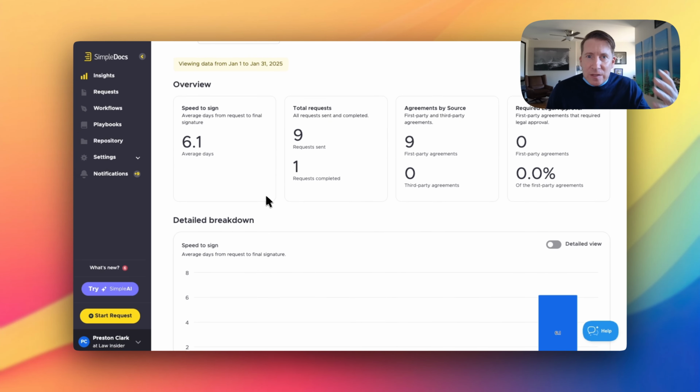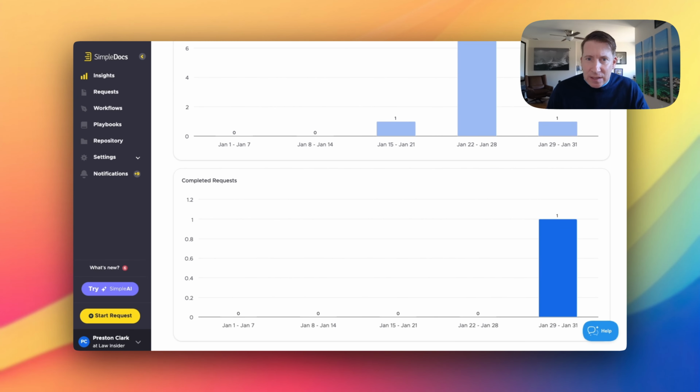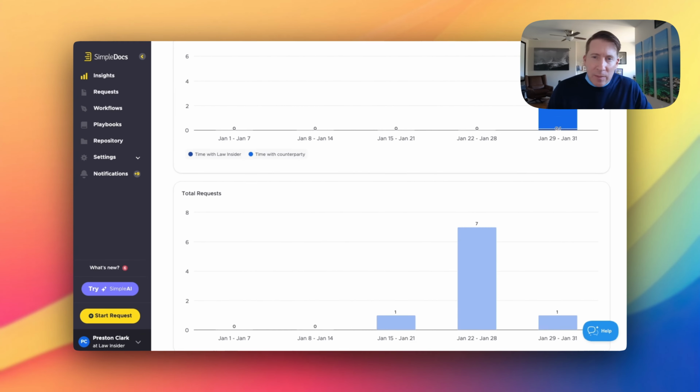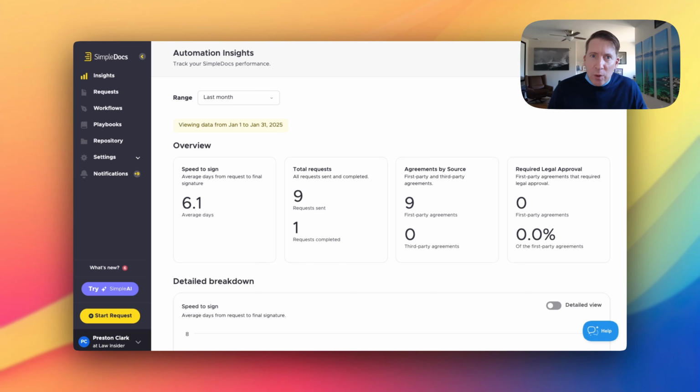Insights is the visibility into speed to signature. So if someone says, hey, if we're going to buy AutoNDA, how do I know if it's going to work? How do we measure it after the first month, after the first 6 months? This is your insights dashboard where you're going to be able to track not only the volume of NDA requests, the completion percentage and total completions, but also the speed to sign. The majority of our customers have an average of 1 day or less to signature, so you will have this